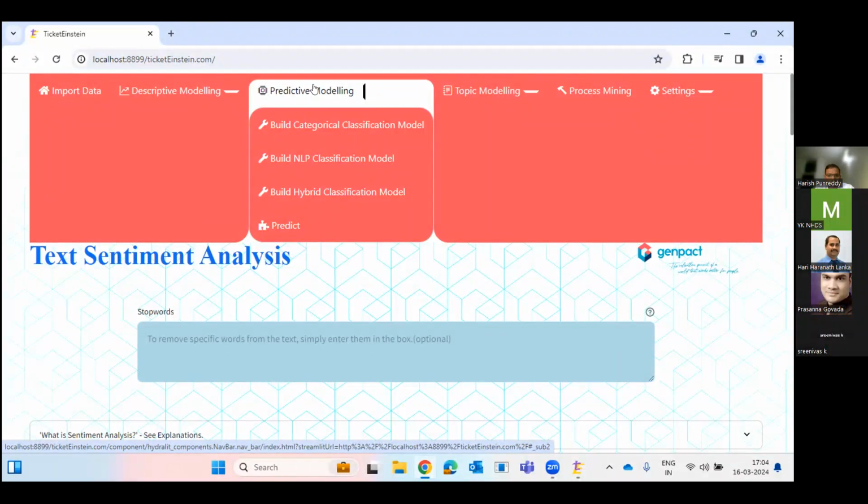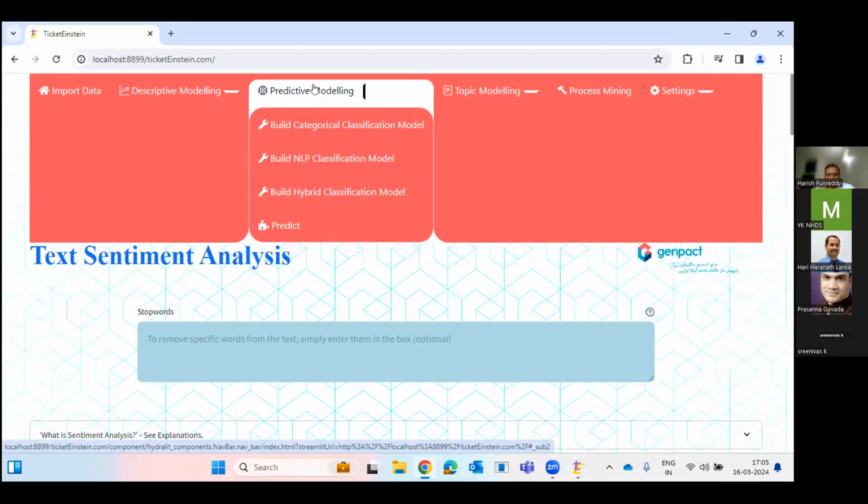Or maybe this incident doesn't belong to my queue at all, so I will redirect or do a left shift of this to another queue, so that I don't have to delve my energies into this kind of incident. So I can do proactive project management using the prediction modeling.